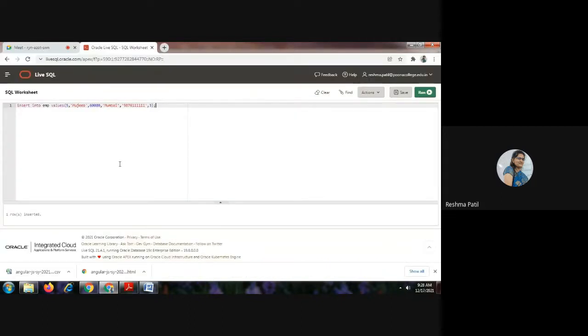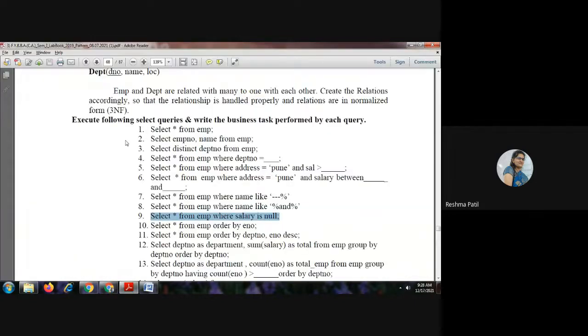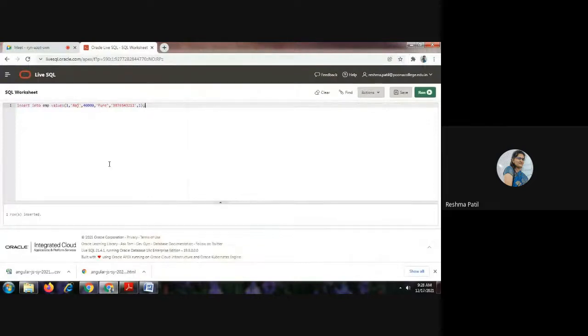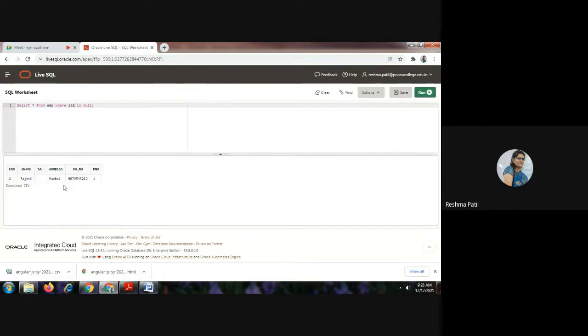So how to write this query? Select star from employee where salary is null. Using this we can check if salary is null, and that record we can fetch by using this query.